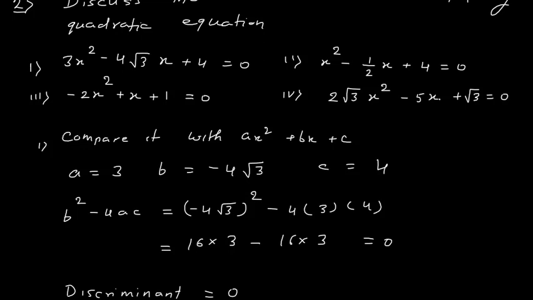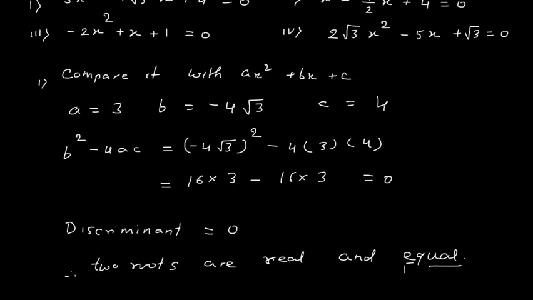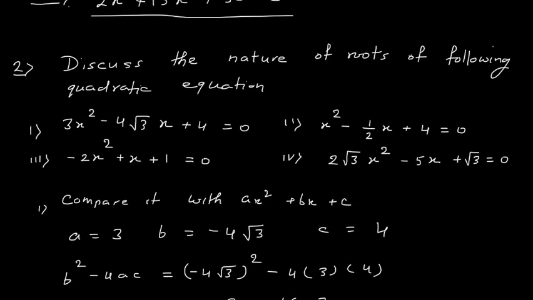And here 5 5s are 25, minus 4 into 8, 8 3s are 24. So 25 minus 24 is 1. Again it is greater than 0. So you will say that roots are real and different. So the only difference between the first problem and the second problem was that here we have a few coefficients which are in square root or which are fractions or rational numbers. So let us move to the third question.